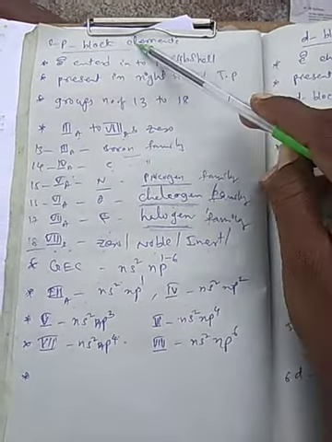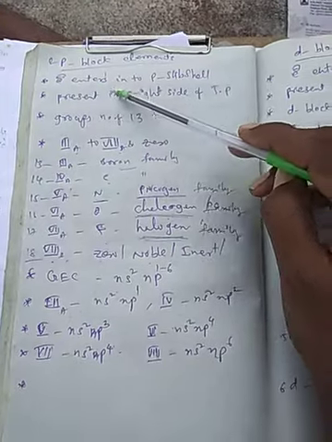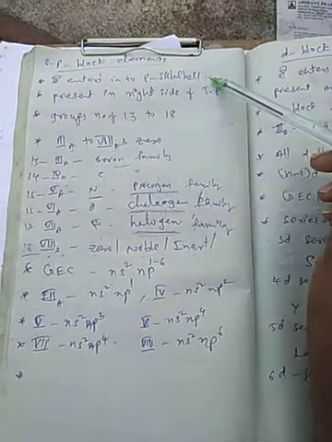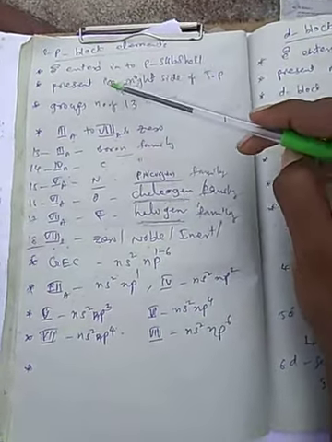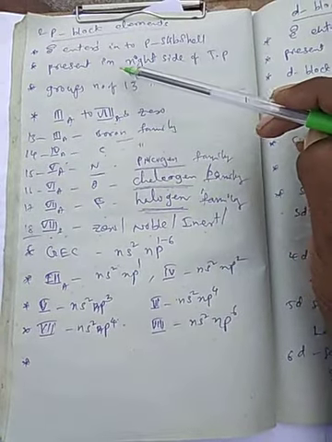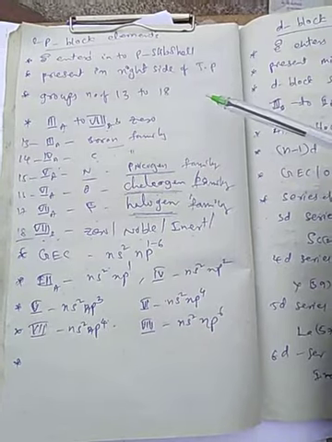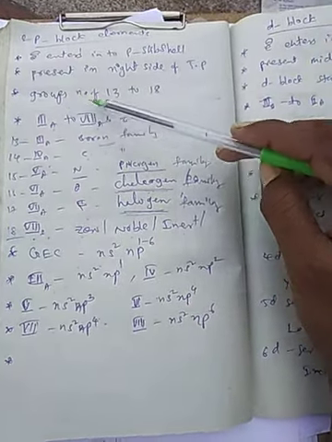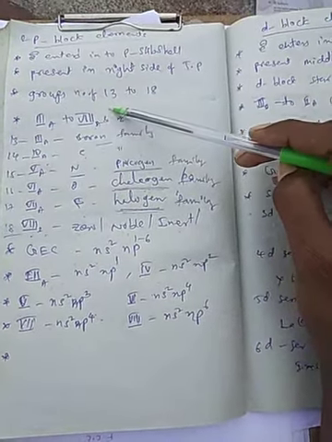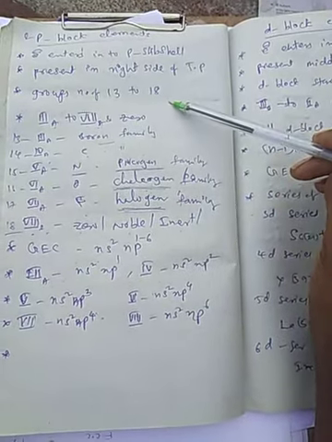Now, what does it mean by p block elements? It means the outermost electron enters the p subshell. These p block elements are present on the right side of the periodic table. Their group numbers start from 13 to 18.